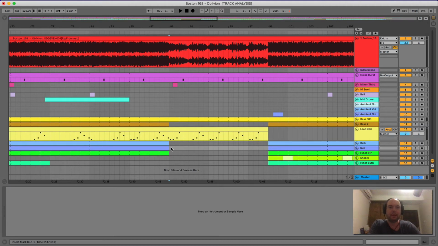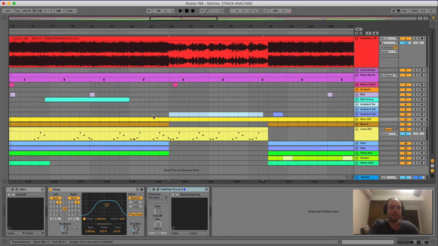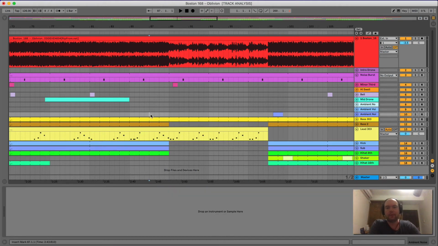I really like this. Another interesting thing here is that this breakdown, where the kick and the bass go away for a little, is actually a very weird 10 bars long. So usually you would expect it to be 8 or 4 or 16. This is 10. And if you listen to it again, for some reason it doesn't sound strange or unnatural, the